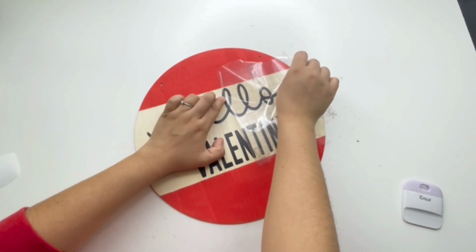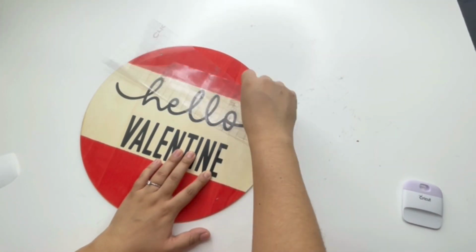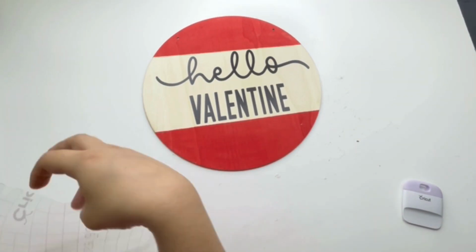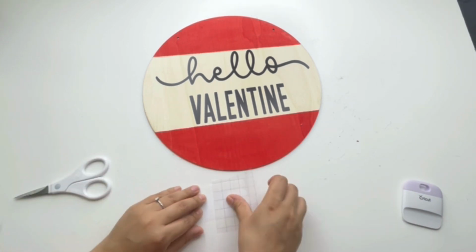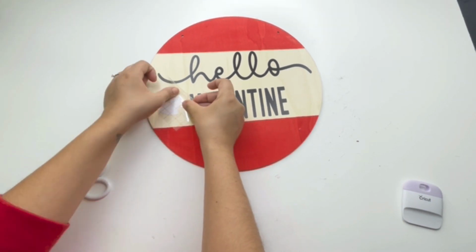And look how beautiful this looks. Now you can just leave it like this and finish with the project. But what I did instead is I went back and I did do 2 hearts, but this time I use